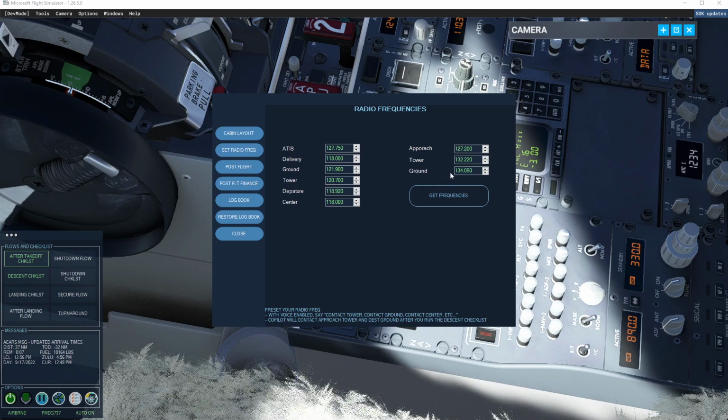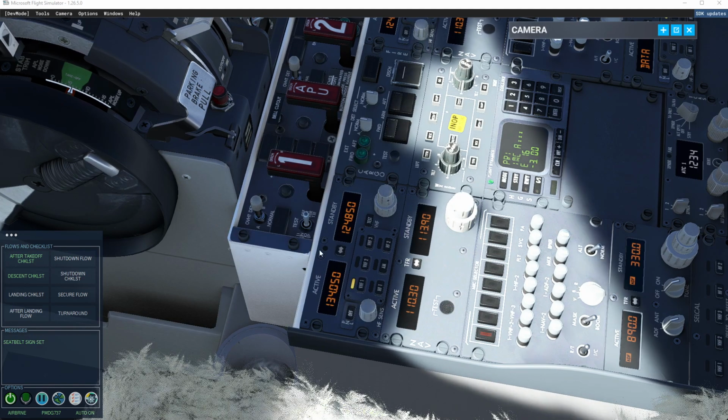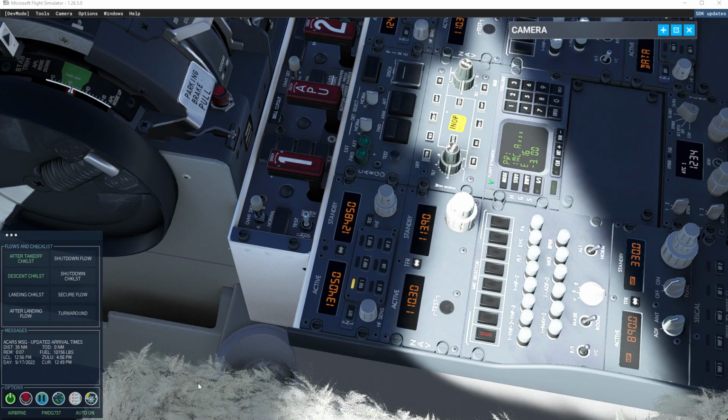Okay, actually, he did set the right frequency. FSFO is smart enough to know that this is the ground for your departure, this is the ground for your approach. So what he did was he set it to your approach since we're on our descent. So this is set correctly, and you can now use voice to simply...